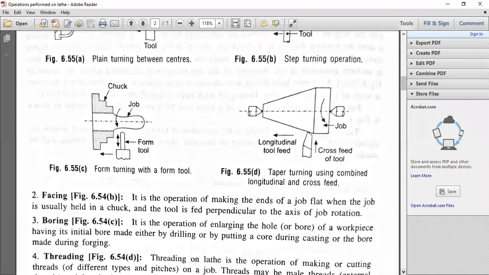Suppose in casting, you have seen how to make a hollow section, because a core has to be used for making hollow castings. You can use the core also. You have to know all the keywords that are used in casting: core, die, mold, runner, riser, gating, everything. Or you can make the bore by forging, that is metal forming.